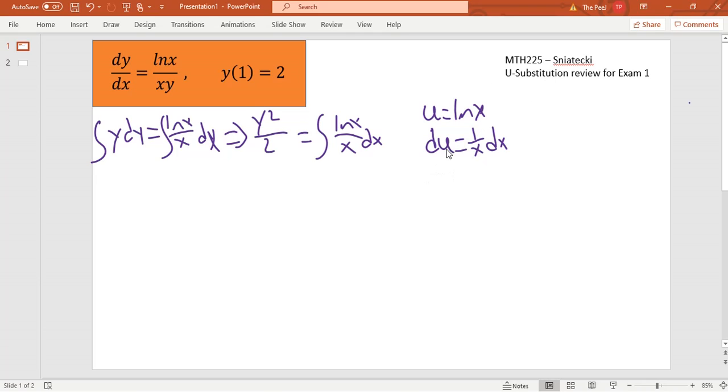If we multiply x up to the one side, we've got dx equals x du. So we've got dx in there, we can just plug that right in there, and we'll watch it disappear too. So if we do that, we've got y squared over 2, and we can just continue to ignore that, which is nice. And we're going to have u over x, swap out the natural log of x for u, and we swap out dx for x du. And that guy gets eliminated, and that guy gets eliminated, and it just becomes